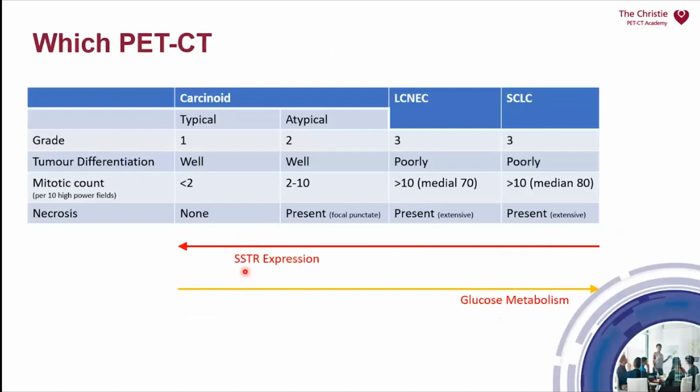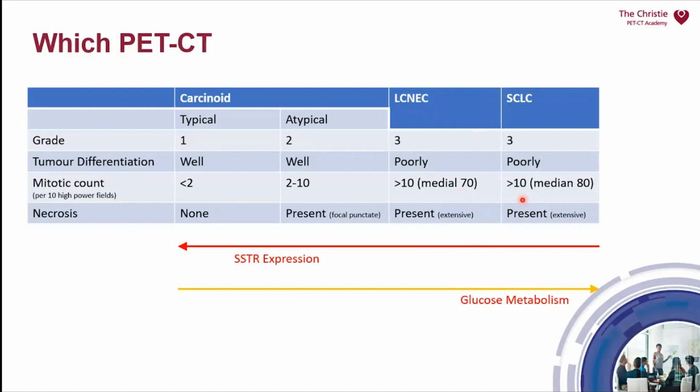These two techniques are of different use in the different types of neuroendocrine tumor. So the more aggressive tumors consume much more glucose than the well-differentiated carcinoid or neuroendocrine tumors, which actually are quite unusual amongst all the different types of tumor that we look at, in that they don't use much glucose. They don't need much glucose to survive, and that's one of the reasons that they can be very slow growing. But the more aggressive tumors do use a lot of glucose,